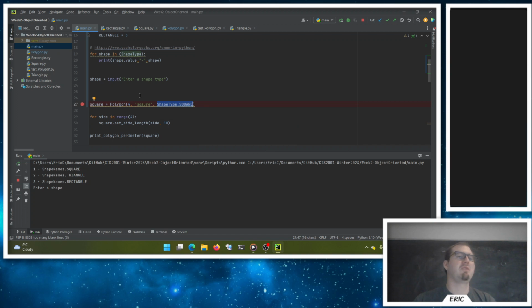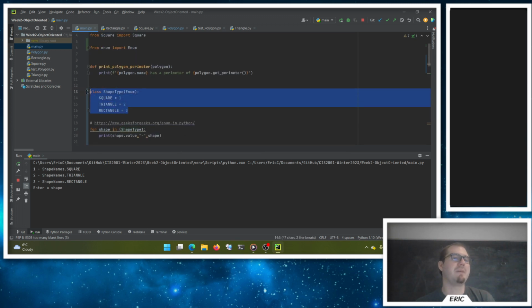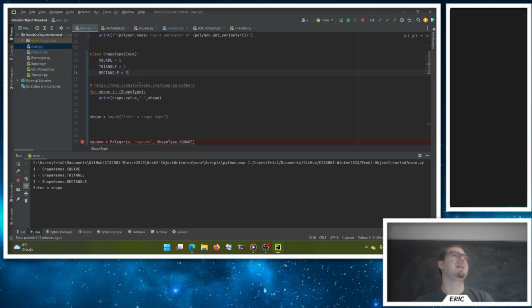Not quite as useful if we're just asking the user for input, but if I'm using this value in my code a lot of places, now I can say, here's the name of the class, here's this value here, and I can see the nice name of what this value is. And it puts it in a shared spot here, being a class that we can use other places. So when we're doing our alignments, we'll have a class for alignment that inherits from enum, and we can assign us, them, and chaotic. So what that lets you do then is, instead of saying, hey, does their alignment string equal a particular value,